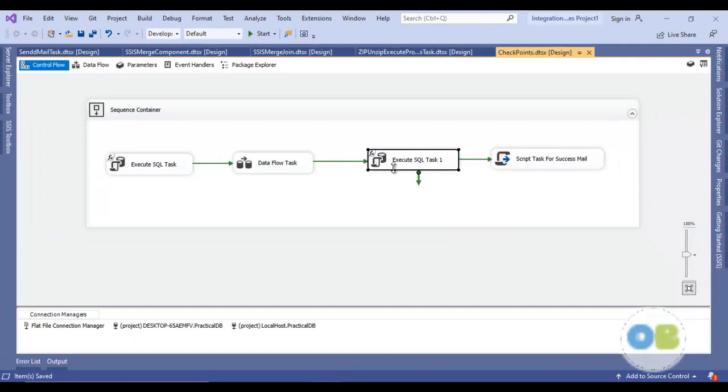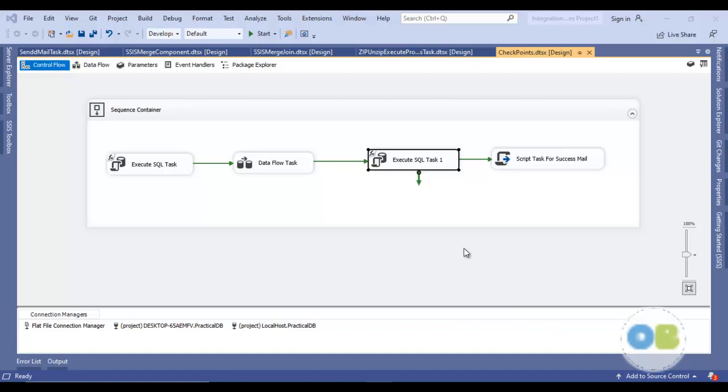Again I am repeating that the XML file will only get generated if my package fails anywhere, and in that XML file all the package information will be written. So where the failure happened, and till what point the components have run successfully, all that information will be loaded into it.